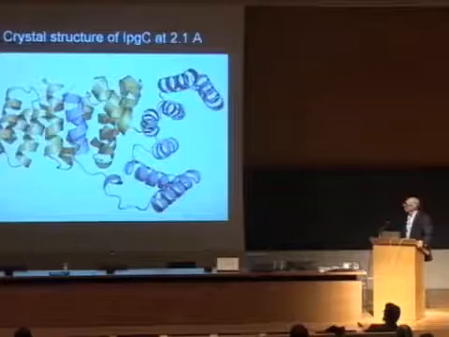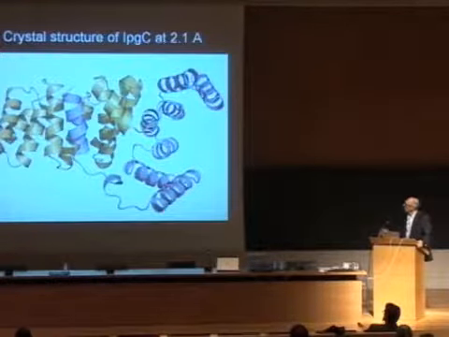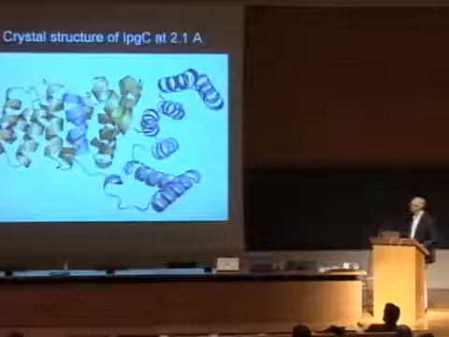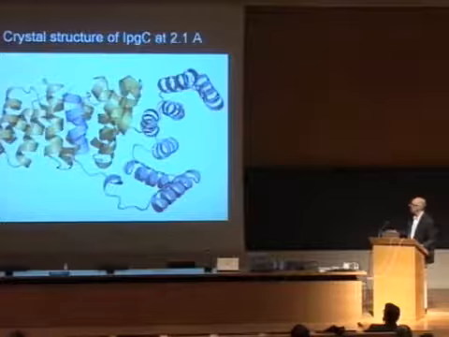You can also see that this is a dimer, which is very interesting, and I'll talk a little bit about it later. One dimer subunit is here in blue, and the other monomer of the dimer is here in brown. And what is interesting is that the dimer forms kind of like a hook. You can see the groove here. It's like a hand grabbing things, and the other monomer is actually hooked in the other way. So this alpha helix is inserted into the back of the second monomer in order to maintain the dimer